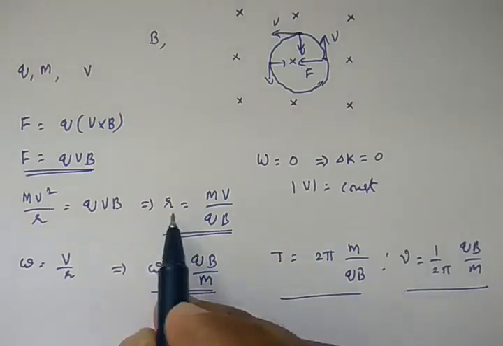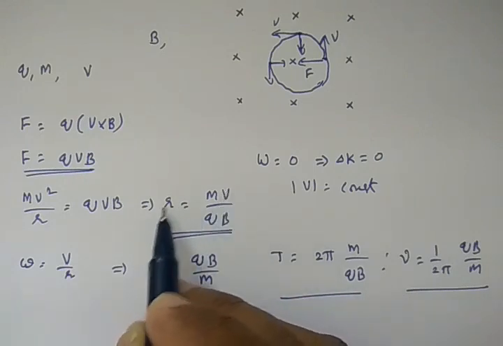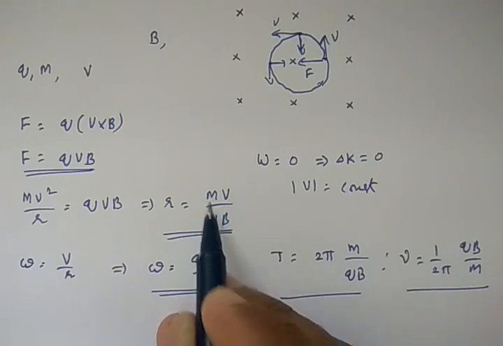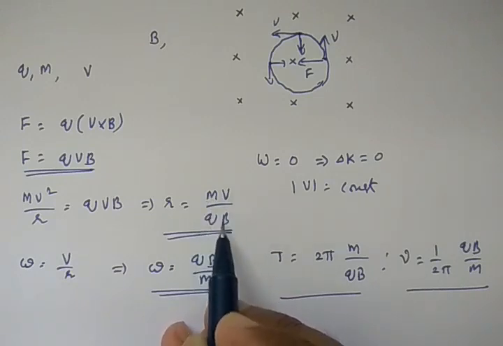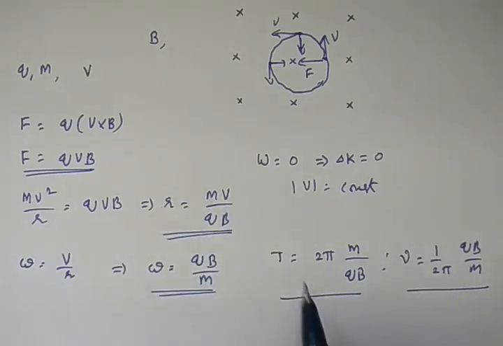And from here you can say once again, as you increase the velocity of the particle, the radius of the circular path also increases for a given charged particle in a fixed magnetic field. As you increase velocity, the radius of the circular path increases, and from this equation you can say the time period does not depend on velocity. And this result is used to construct the cyclotron. This means this is the time taken by the particle for one complete cycle, and this is the number of cycles per unit time.